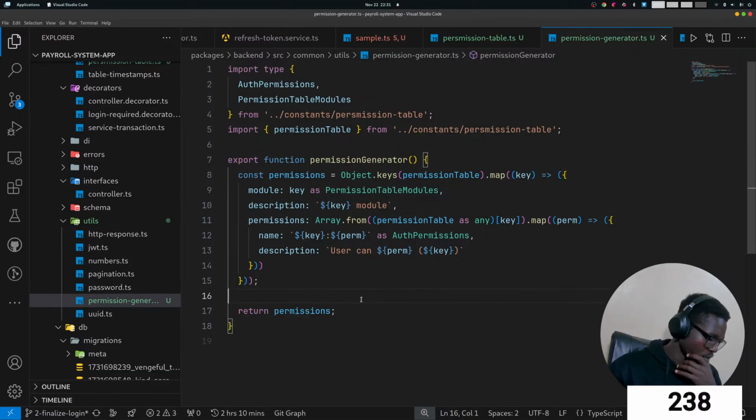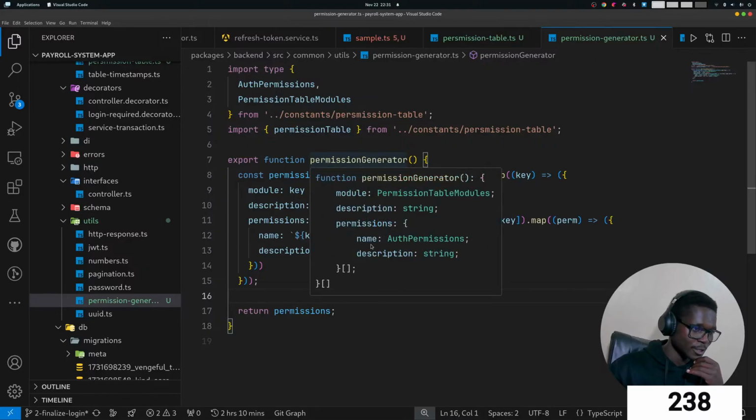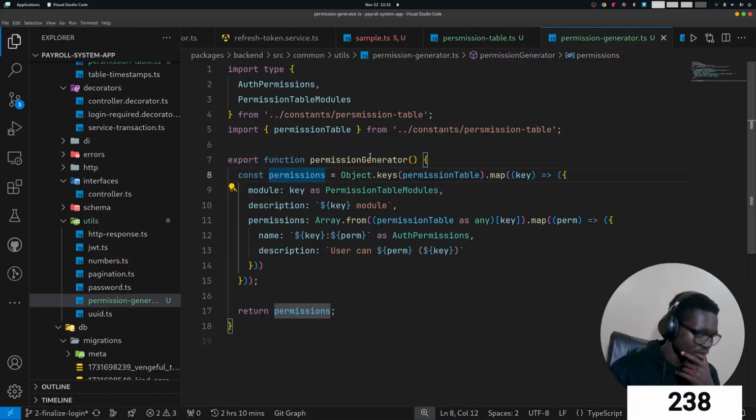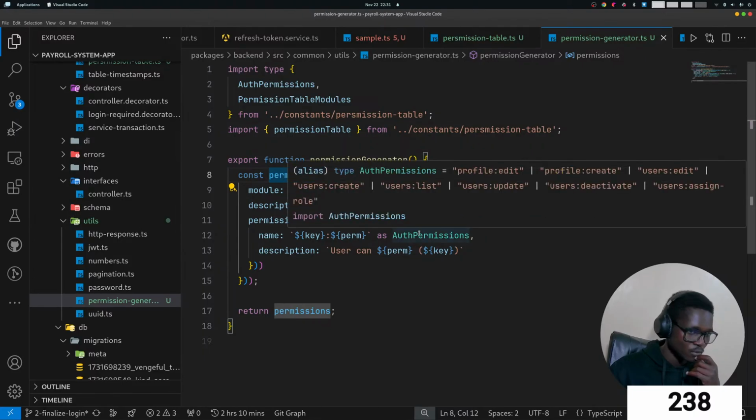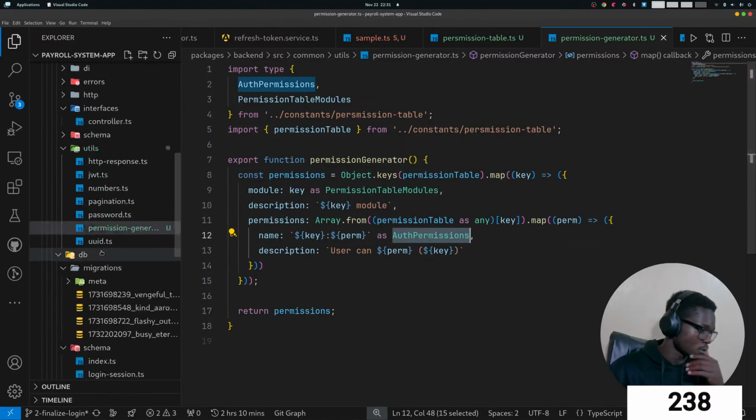So how will we do this? We'll create our modules. Then those modules will be persisted in the database. Then those modules will be connected to a list of permissions. Then we'll now add the roles. So the roles now will contain the permissions. Because this is now intact, we can now take this to our